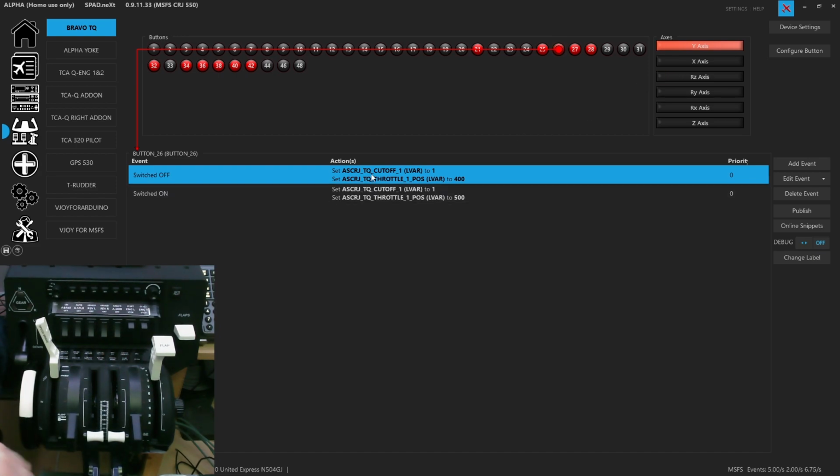Now what we've done here is we're using this for the actual cutoff inside of the sim. So when we switch off, and a switch off is coming out of the detent, we will trigger the cutoff to a 1, so we'll see the little handle flip up, and then we will set the throttle position to 400, and that will move the throttle out of the cutoff and into the idle position, and automatically, because of the timer set, this resumes to 0, and you'll see the animation of the handle